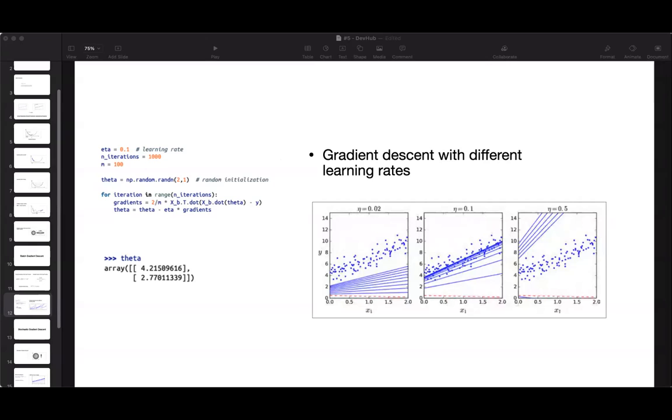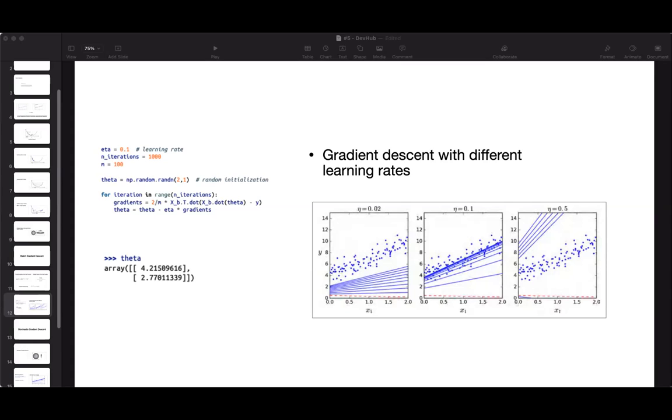Now another thing you may wonder is, what is a good learning rate? How do we decide what value we need to set for this eta? So for this, there is another thing which is known as grid search. Grid search we'll look into later on. So using grid search, we can find the most optimum learning rate. However, you may want to limit the number of iterations so that grid search can eliminate models that take too long to converge, basically. So you can limit the number of iterations through which the model would go on before it is reaching the global minimum, or before it is reaching the most optimized solution.